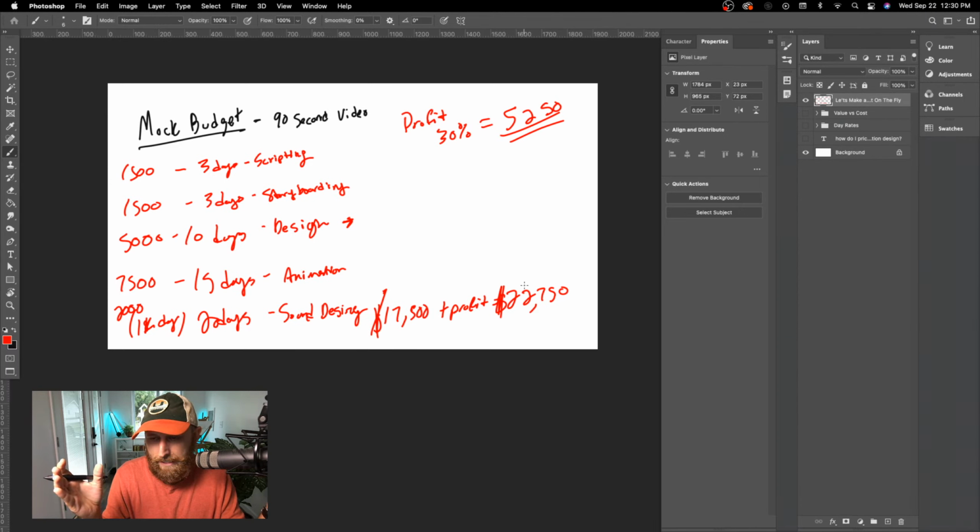So again, cost versus value pricing. This is a cost-based model. This is not really a value-based model. But let's come back to the questions here. Makes a lot of sense to do it that way, especially if you do subscriptions. Yeah. Regarding the pricing structure you stated earlier, would you state the profit margin on the invoice to the client?